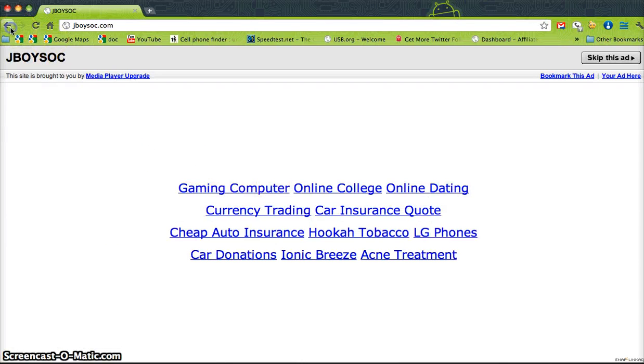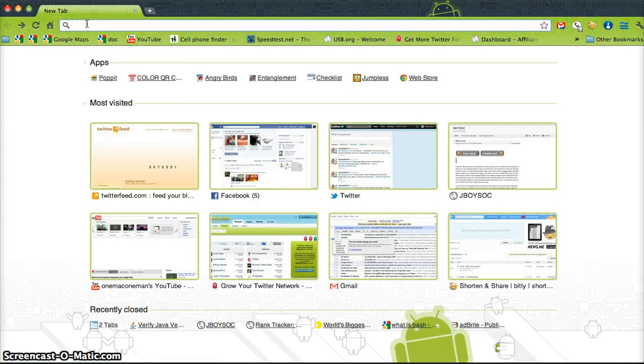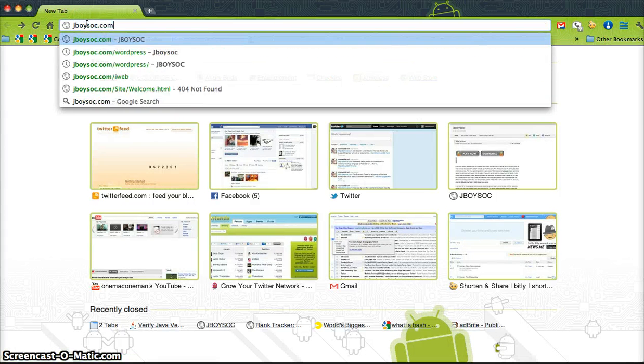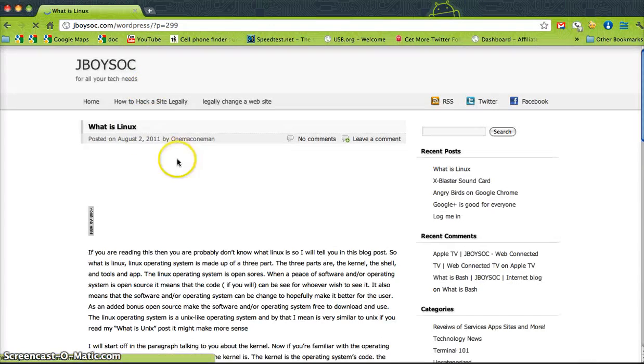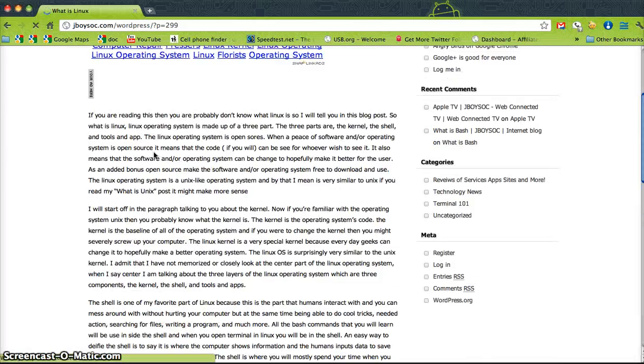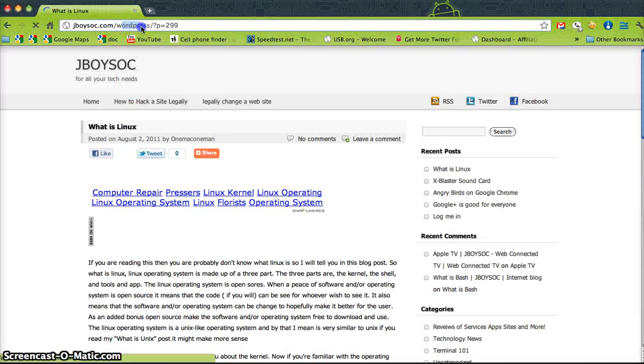Sorry about that. I clicked on something. Okay. So here I am at my Linux page. It is WordPress. It might be in the description. I'm hoping it should be in the description. And it is